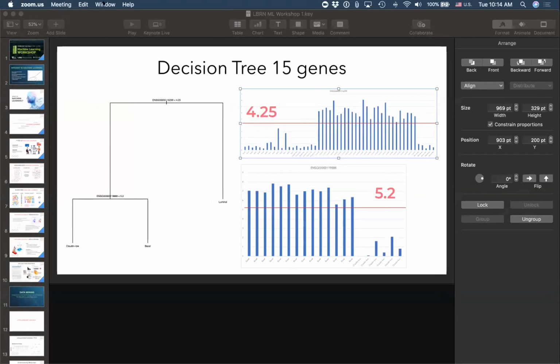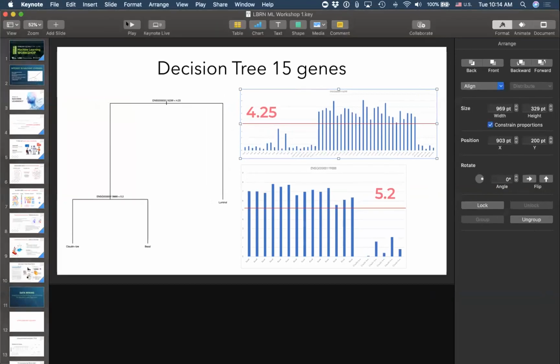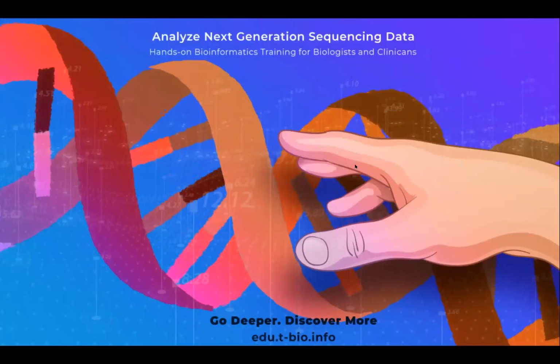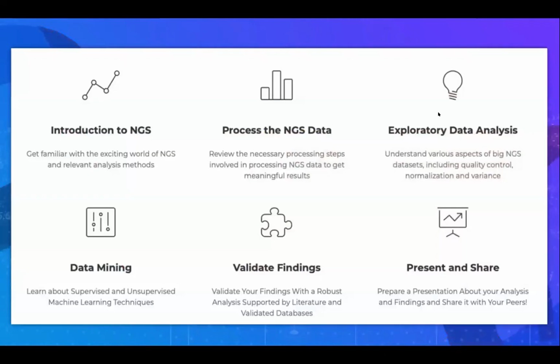Okay, if everybody can see my screen, let me start this brief presentation, just an overview of where we are in this whole program. As Sahil mentioned, we started with an introduction. We learned how to process next generation sequencing. And the last couple of sessions we spent exploring the different aspects of data analysis. And now we're getting into this area of data mining that will prepare us for validation